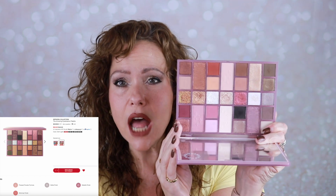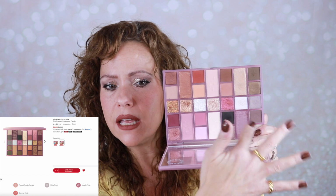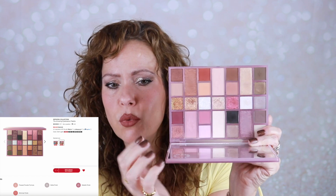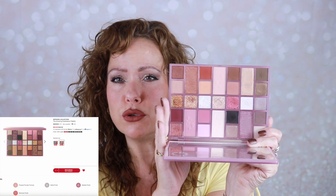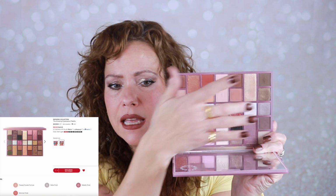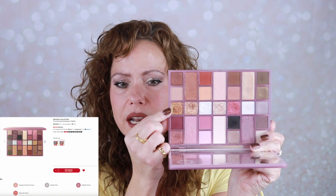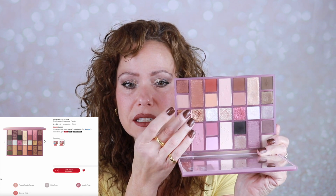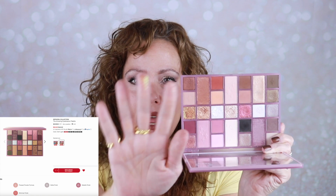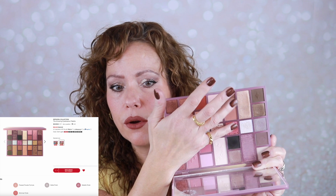You have lots of options. There's sort of pinks, there's warm shades, there's more taupes, there's more greens. They have big pans of more neutral medium tone shades. This center row is all shimmery, glittery shadows. I'd say the only shadow that I struggle with a little bit is this one here, but I still use it. This one is a little bit gritty, but I have definitely discovered that if you use glitter glue,